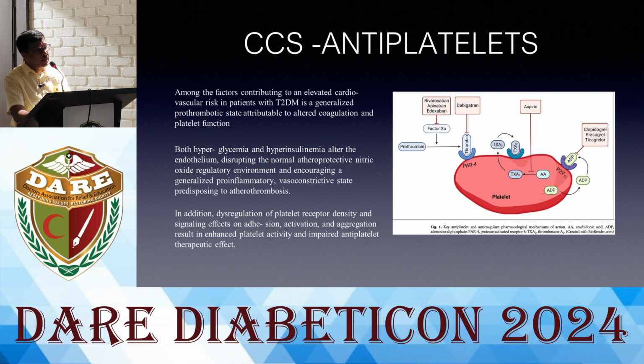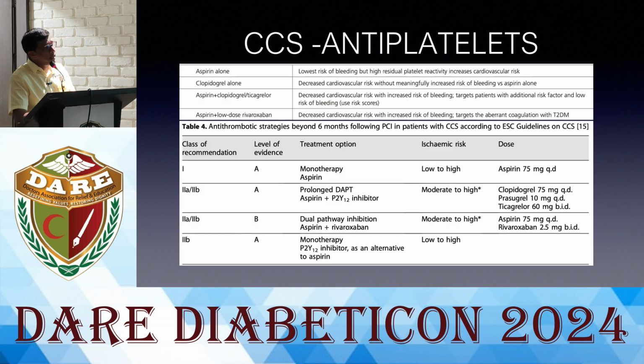The first and foremost, the age-old one, is aspirin, the COX inhibitor. Then we have the dual antiplatelets such as clopidogrel, prasugrel, and ticagrelor. Recent studies have come up with antithrombotics, that is rivaroxaban, a factor 10A inhibitor. If you go into the evidence, aspirin is the one which can prevent coronary disease with the lowest risk of bleeding, but especially in diabetics, due to endothelial dysfunction, dysregulated platelets and platelet inhibition, probably aspirin might not be so